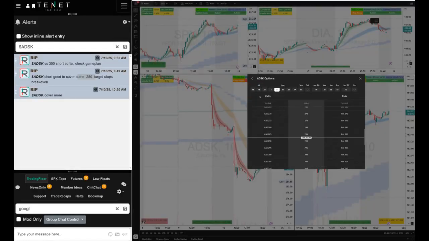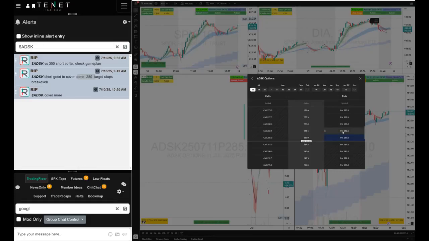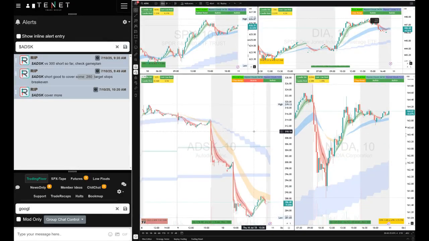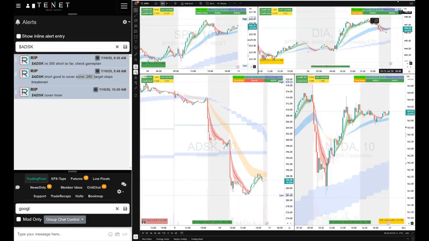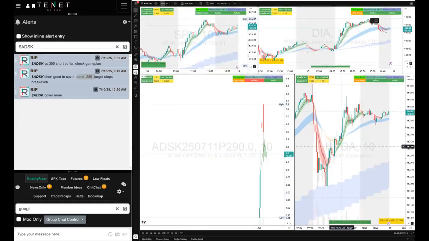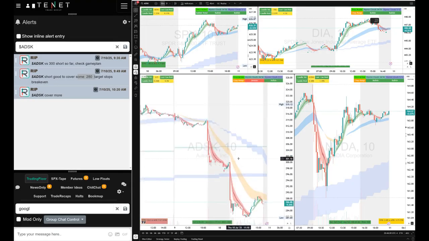Beautiful trade if you traded the options. And let's take a look at the options. If we look at 285 puts, they're illiquid. So shares were better to trade on this ADSK, very illiquid options. Let's see if they do have weekly. Let's take a look here at 290, see how that moved. Yeah, so 290 had some volume, very low volume, but that went from like $1 to $6. It was a 400-500% trade, but you have to try to fill in those options. But shares are much better short.